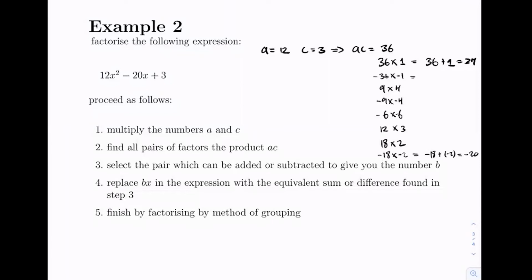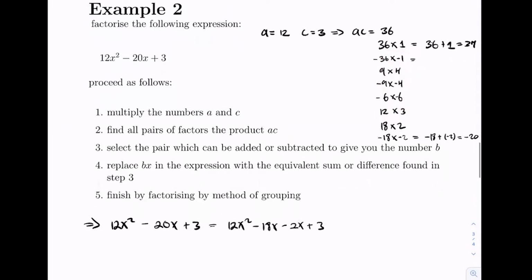So therefore, we could have tried all of these numbers, but none of these pairs right here will add up to give you negative 20, only negative 18 and negative 2. Once we've identified this pair, we can now move on to replace bx in the expression with the pair that we just found. So now we can rewrite 12x squared minus 20x plus 3 as 12x squared minus 18x minus 2x plus 3,